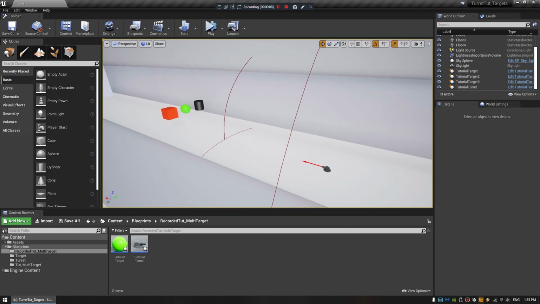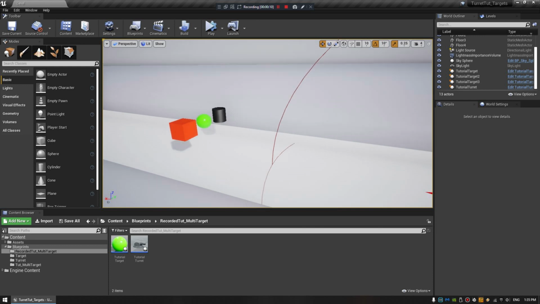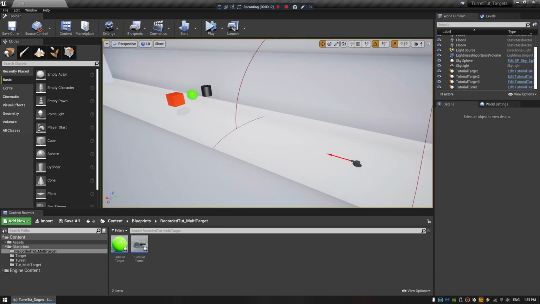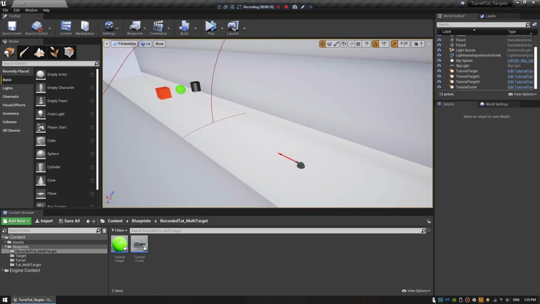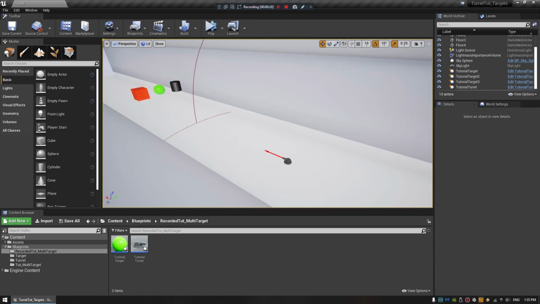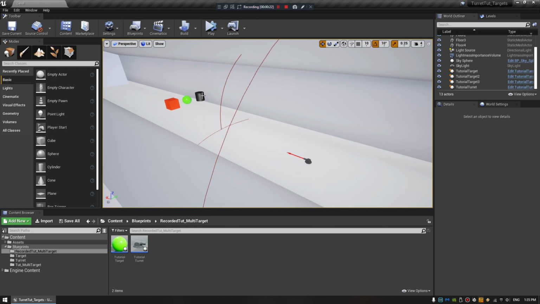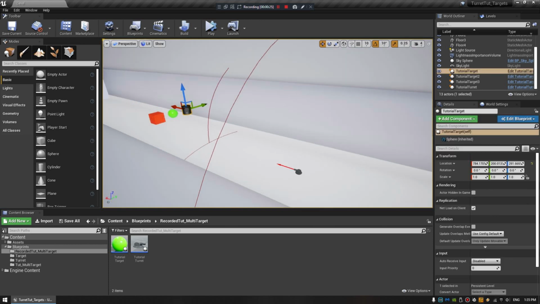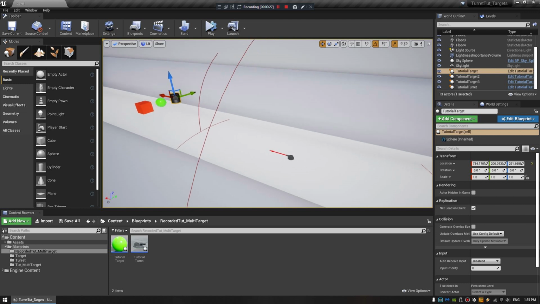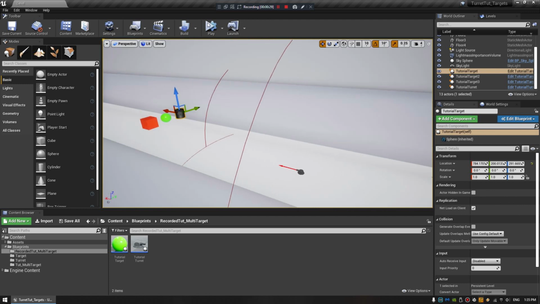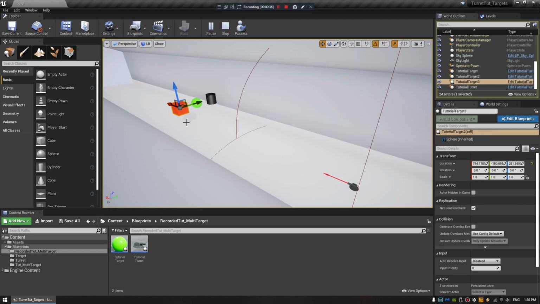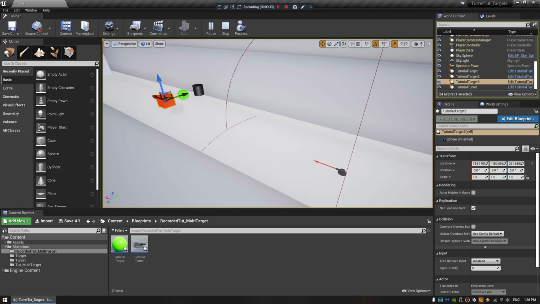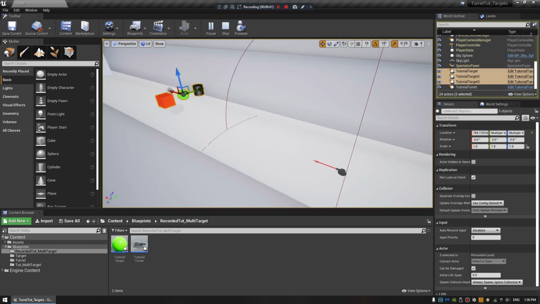I've had a couple of requests for setting the turrets up like a turret defense system, where if multiple units cross within a range, we can auto target and figure that stuff out. So what I've got set up now is three target actors that are all based off of a parent, and what we can do is we can move them